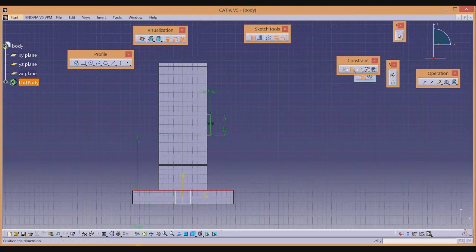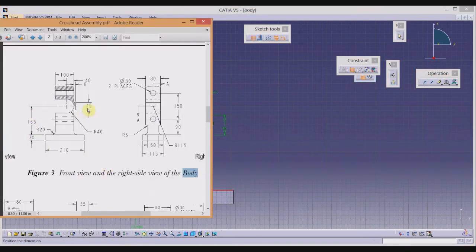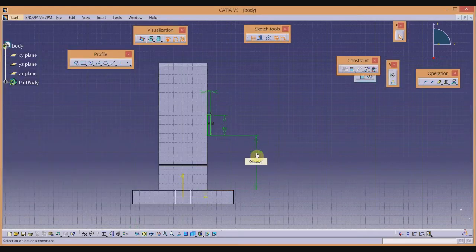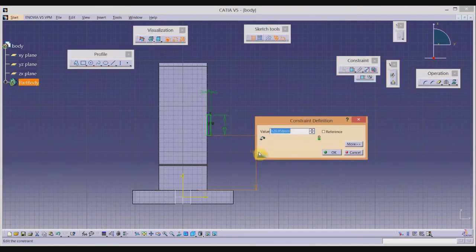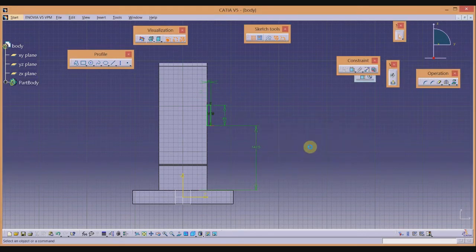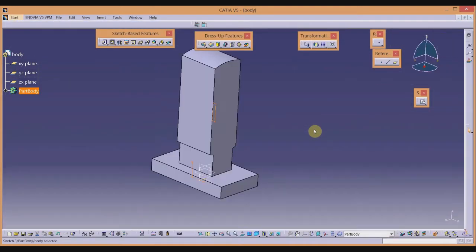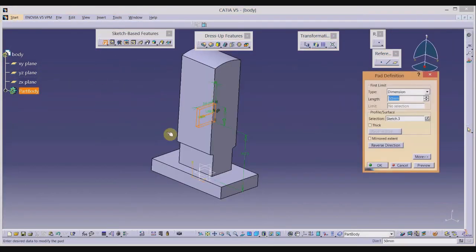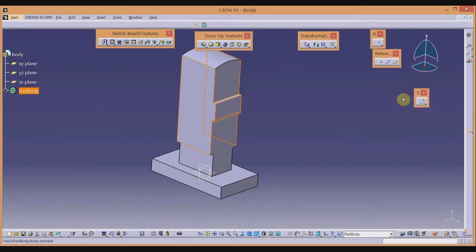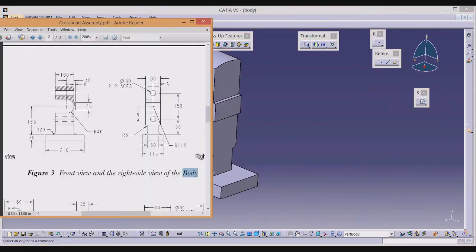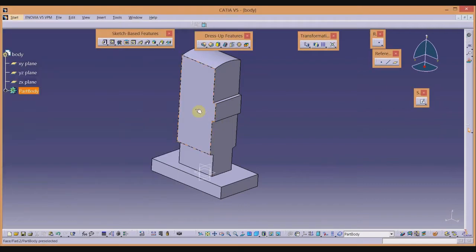165 minus 45 divided by 2, that is 165 minus 22.5. So it is 142.5. Exit the sketcher, add the material, reverse the direction, depth of material is 80. Okay, now I will draw this slot. Okay, so we'll select